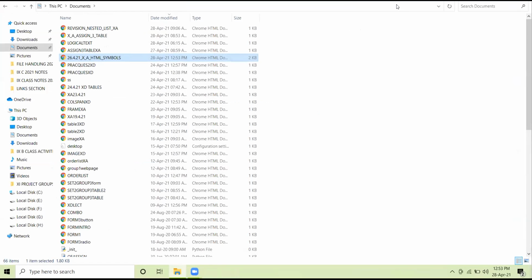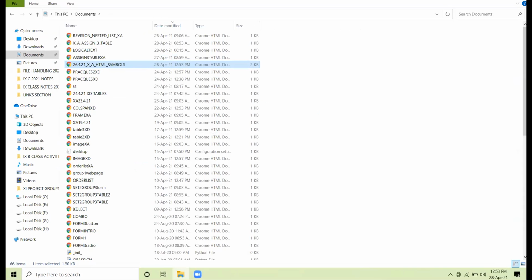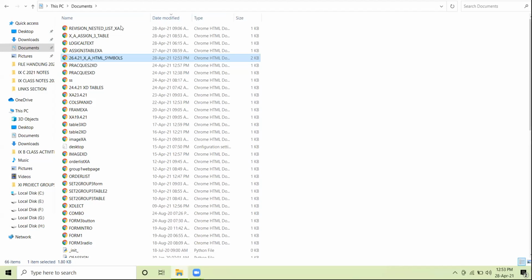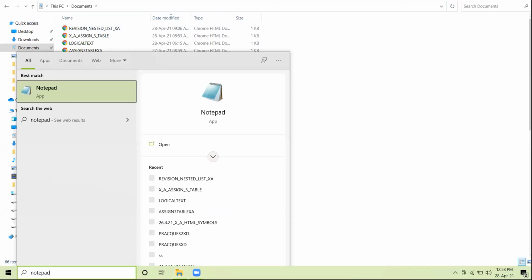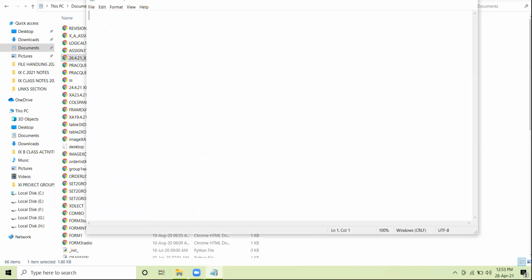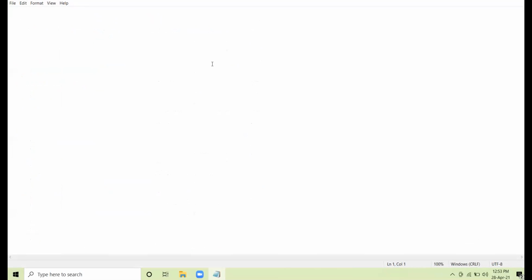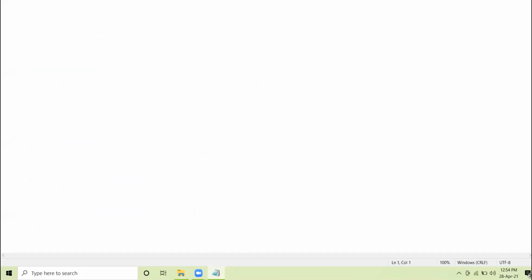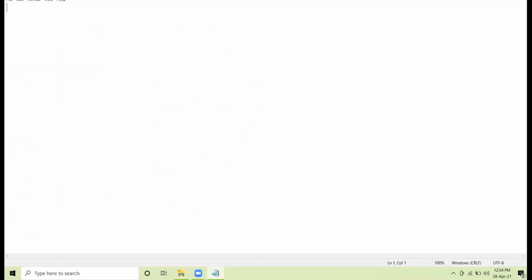All right. So let's start the next concept. Today, I'm going to revise the concept of nested list. Nested list, as I told you earlier also, is a list inside another list. It may happen that an unordered list is inside the ordered list, or an ordered list is inside the unordered list. So let us revise the concept of nested list once again.